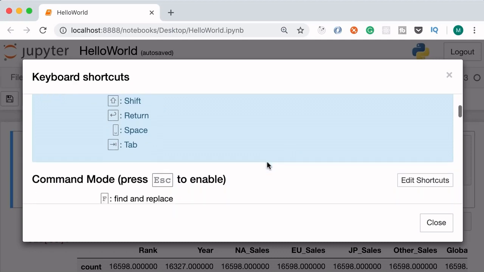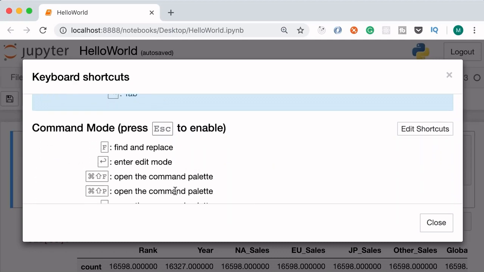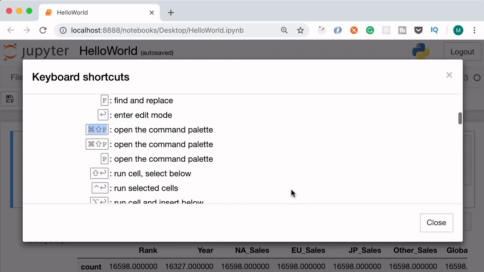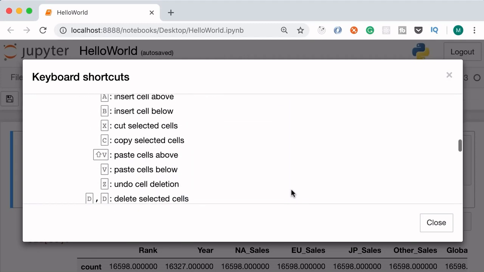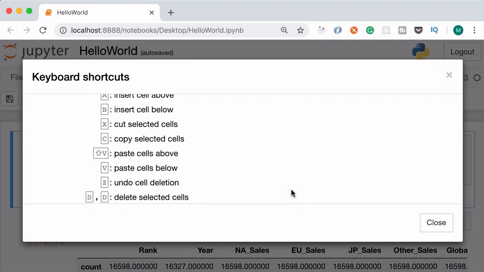Let me show you. So here we have all the commands when a cell is in the command mode. For example, we have this command, open the command palette. This is exactly like the command palette that we have in VS Code. Here's a shortcut to execute this command. That is Command, Shift, and F. Okay, so here we have lots of shortcuts. Of course, you're not going to use all of them all the time, but it's good to have a quick look here to see what is available for you. With these shortcuts, you can write code much faster. So let me show you some of the most useful ones.